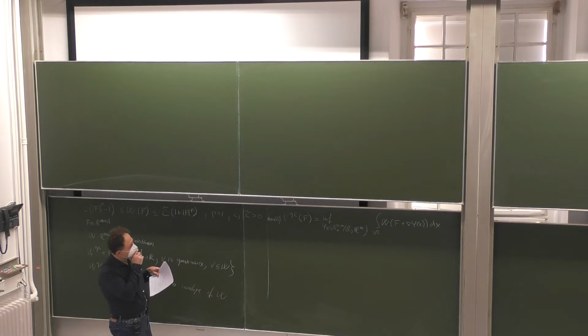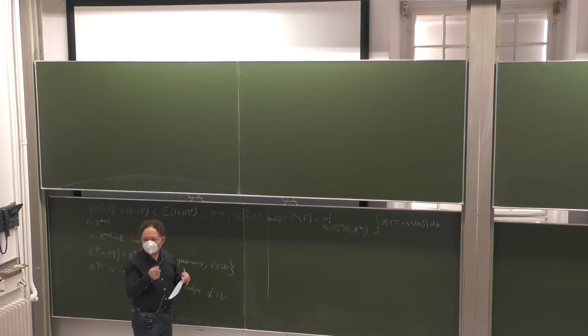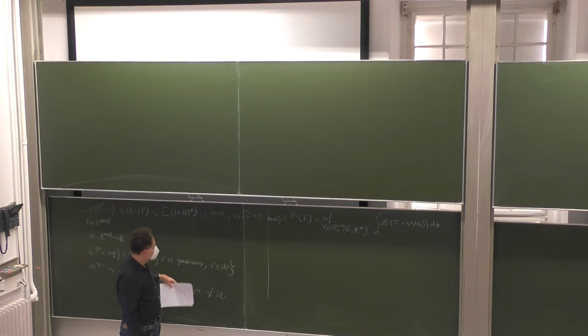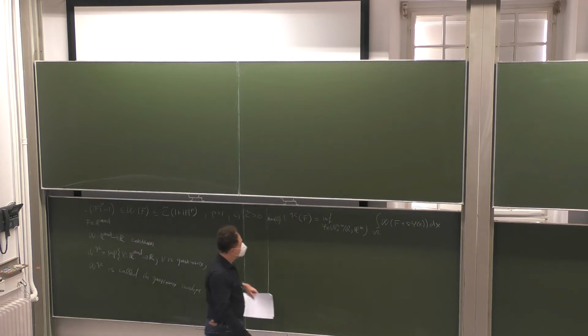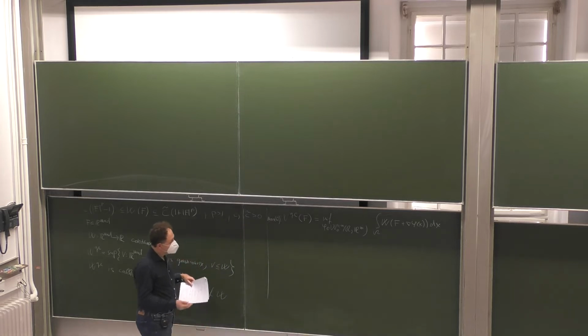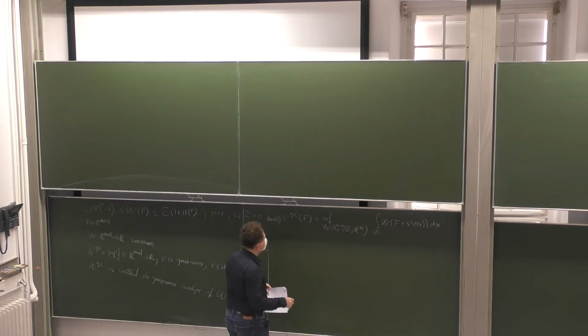So this is the idea that this looks a little bit better. If I have a point F, I can at least evaluate this. It looks like something more practical than this other definition. And it looks like a good definition, because if you look at the right-hand side, it reminds you of the definition of quasi-convexity. But now we have to show that the notions are the same. So this is the claim.